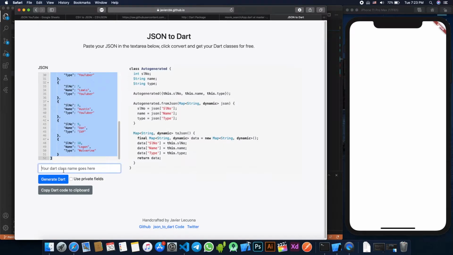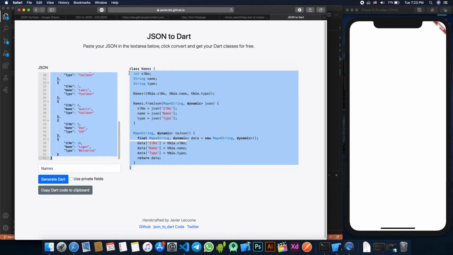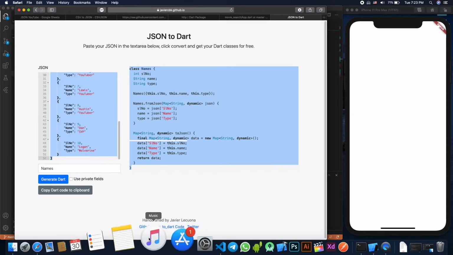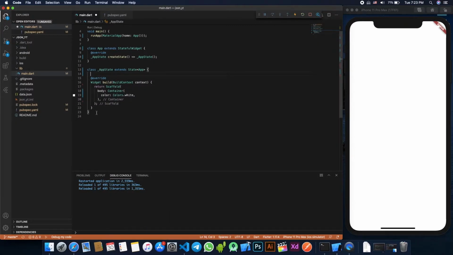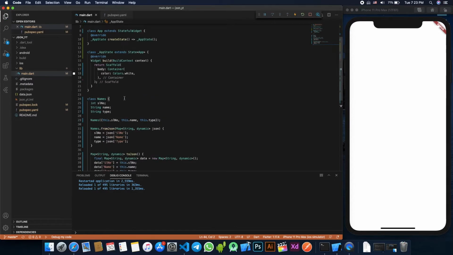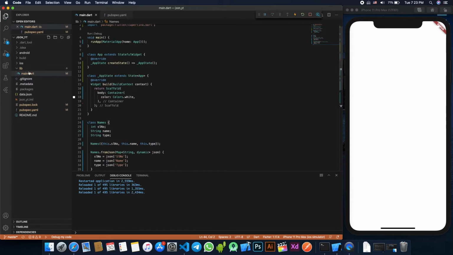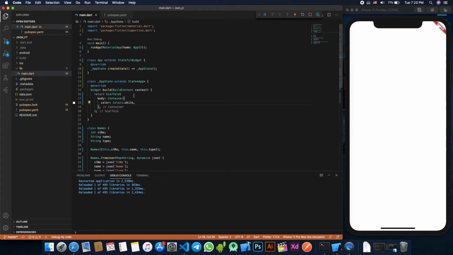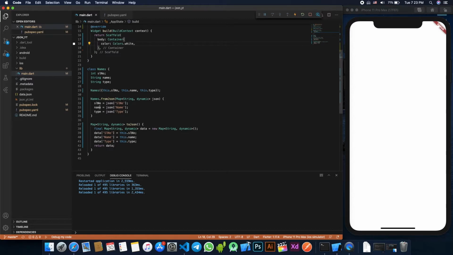Oh wait, we will need to name our class. I'm going to name it names, generator. Copy this, make a new class. I'm going to make it here itself. It's okay, I don't care. But when you're actually performing a project, make sure you make another file. It's much better actually. Now we have our thing here.